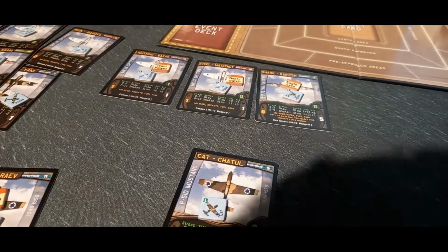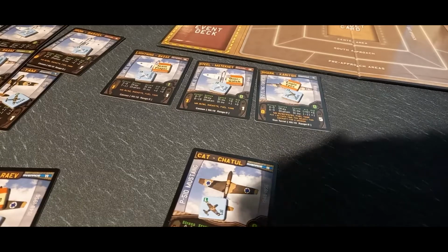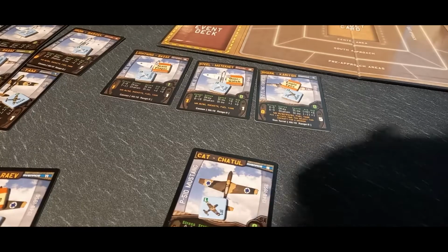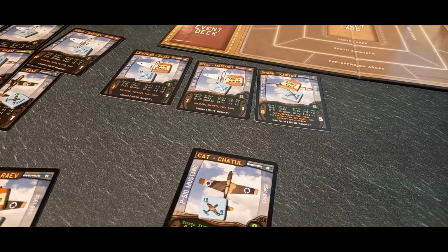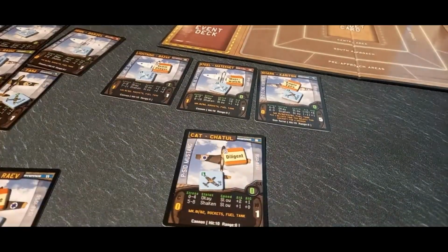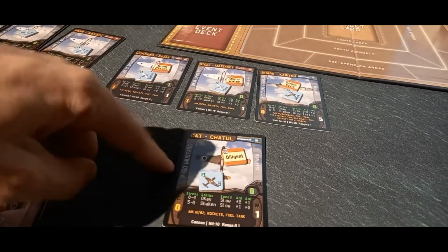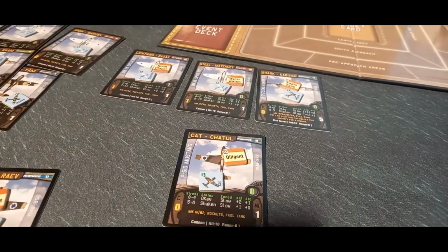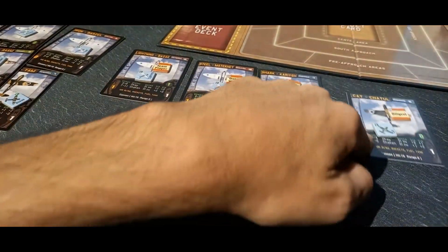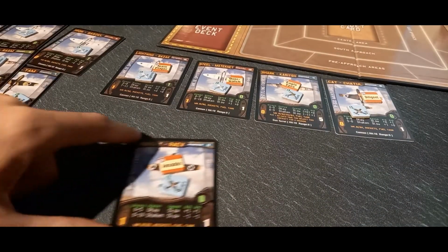So I can't attack him, so what I can give him is, I'm gonna change, and I'm gonna give him the Diligent, because it was one that I was thinking of, so I'm gonna change it, right? I'm gonna give him Diligent, which means if this pilot did not fly yesterday, he gains +1 on all rolls today. So I was going to give him fighter pilot, but he needs to be on the range 1+, and